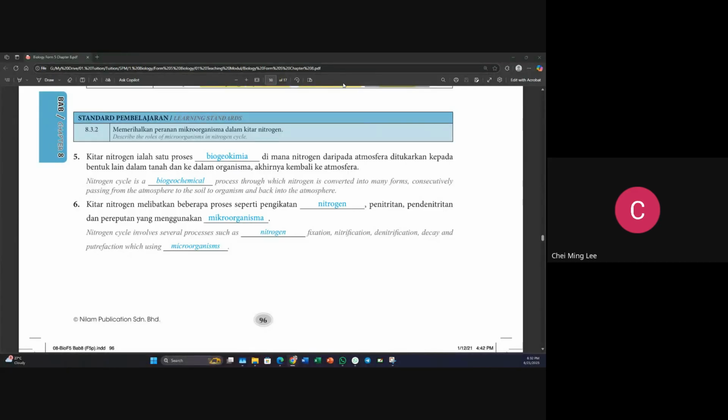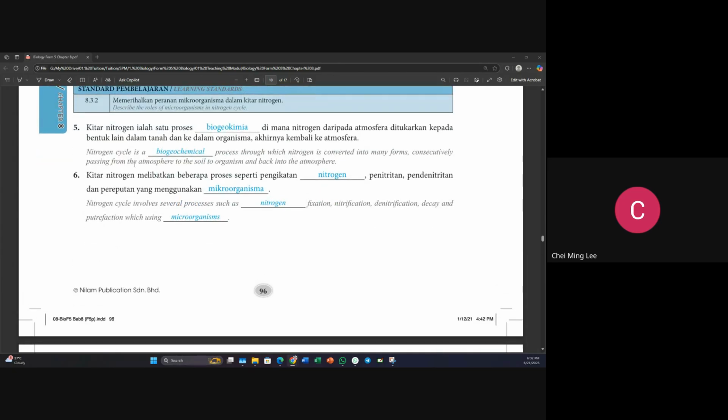What you call next, the nitrogen cycle. Okay, so the nitrogen cycle is a biogeochemical process through which nitrogen is converted into many forms. From the atmosphere to the soil, to organisms, and back to the atmosphere, and it involves several processes like nitrogen fixation, nitrification, denitrification, decay, and